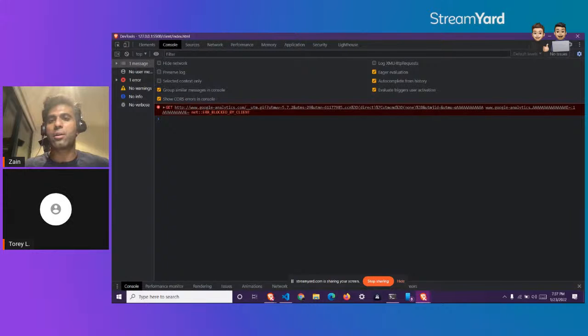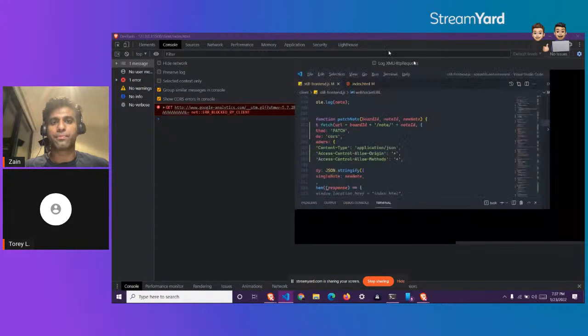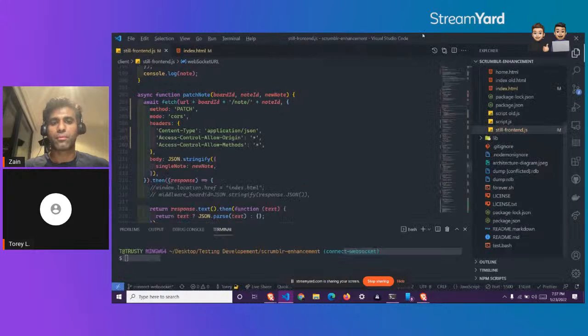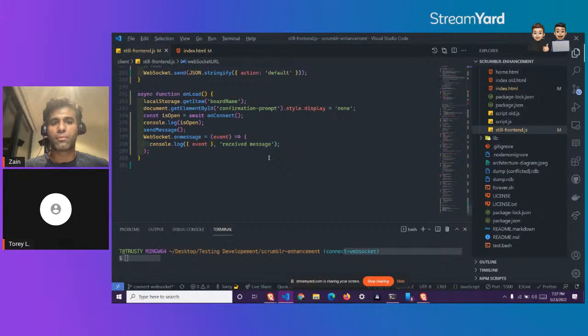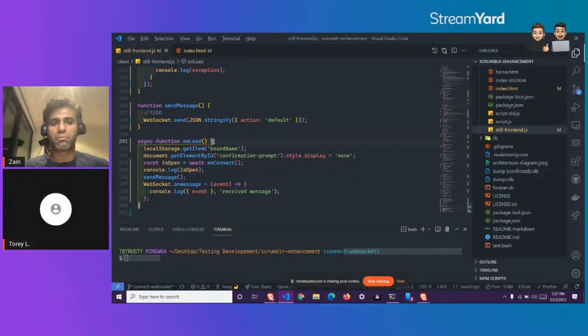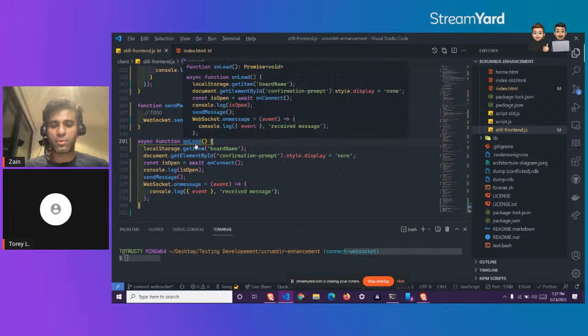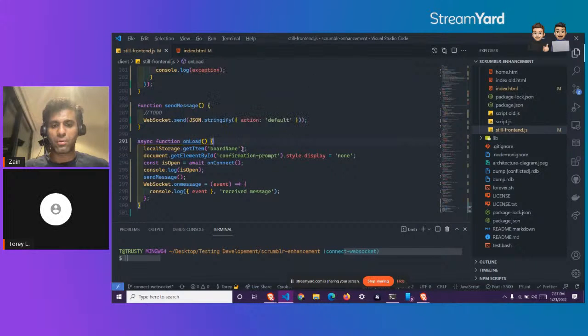I'll check on the function itself. Let's see here. This onload function is getting called, right? Should be, yeah. So we need the default. Oh yeah, that was it, because I remember I saw this error.